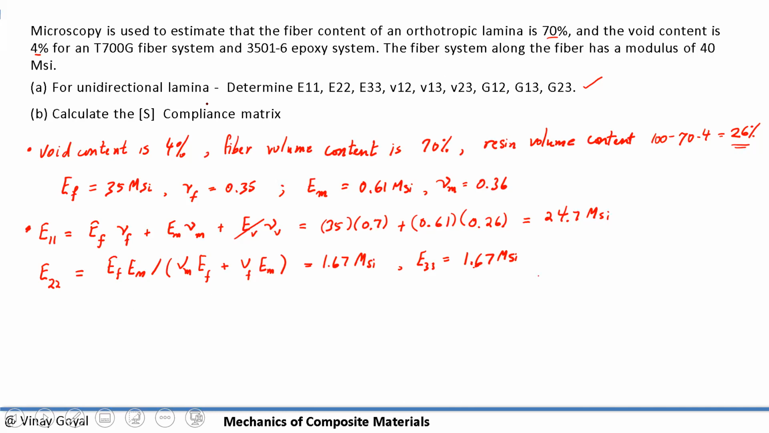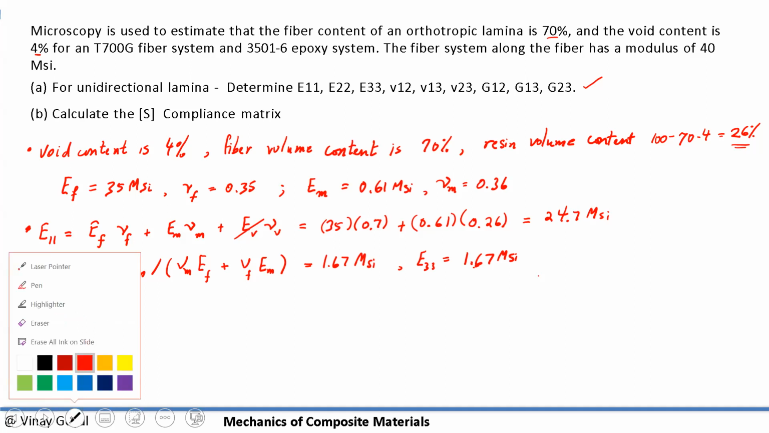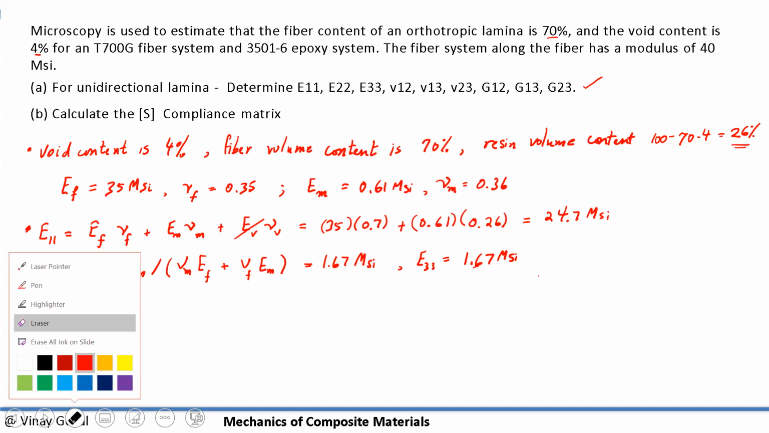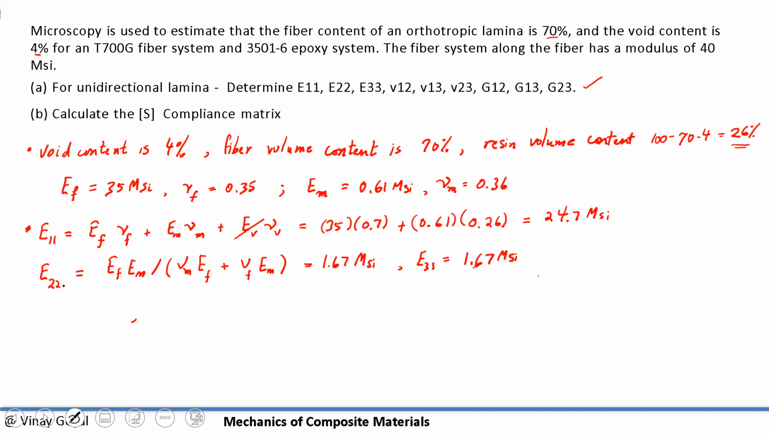And we're not provided nu 1, 2. We could try to estimate it, but we could also make the assumption that nu 1, 2 will be close to 0.35. We could try to determine what it is using the rule of mixtures as well. We have the Poisson ratio here and the Poisson ratio there, so we could try to estimate what that looks like